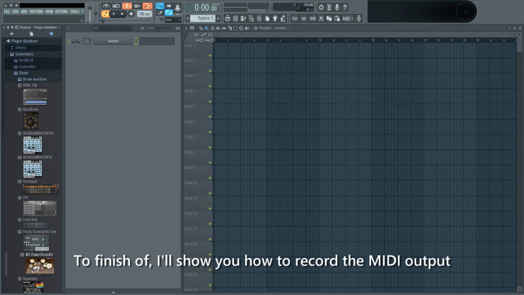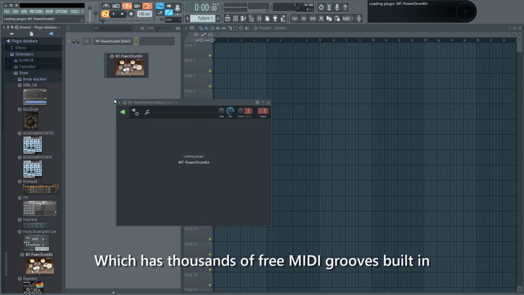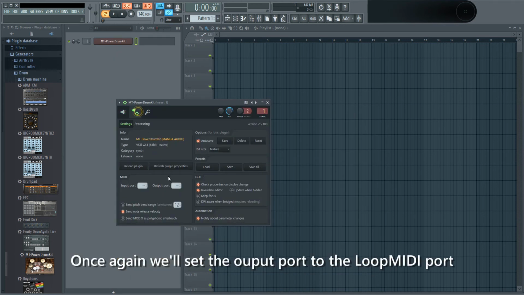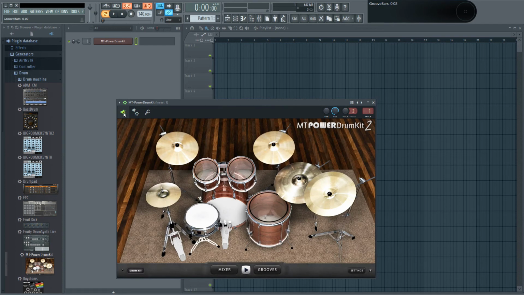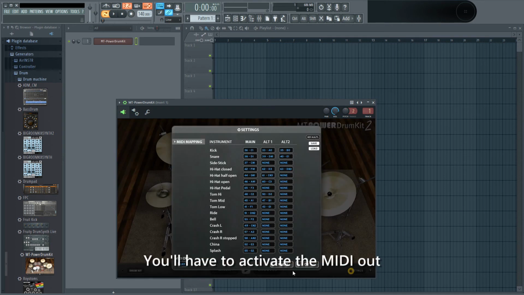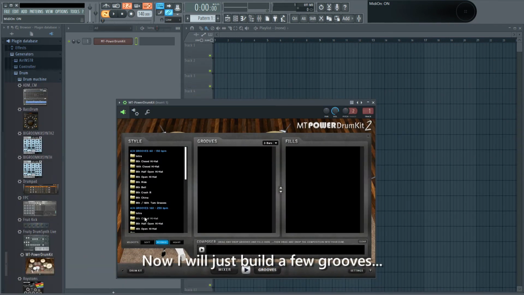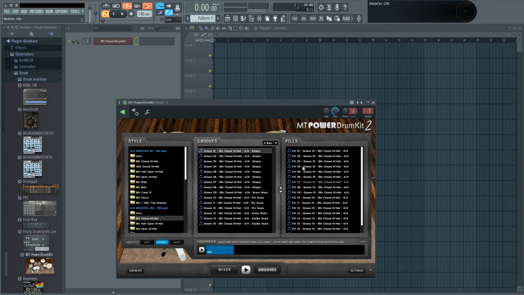To finish off, I'll show you how to record the MIDI output from Empty Power Drum, which has thousands of free MIDI grooves built in. Once again, we'll set the output port to the LoopMIDI port, but this time, also in the instrument, you'll have to activate the MIDI out. Now I will just build a few grooves, drag and drop them,